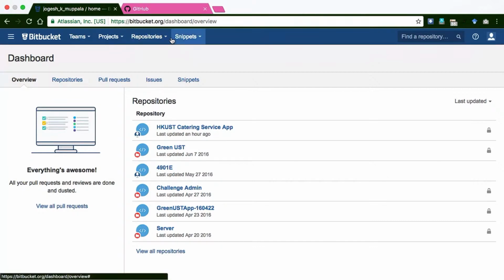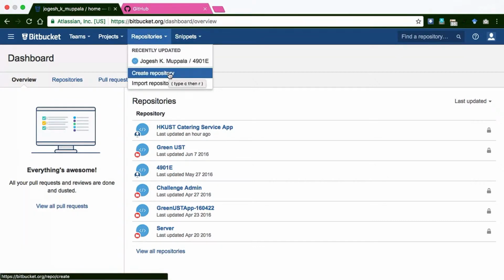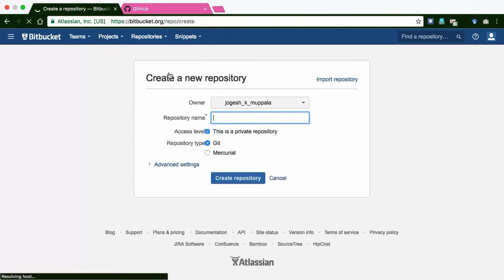I'm going to create a new repository online on my Bitbucket. So I just click on create repository, and this comes up with some details. Now this varies with the repository service provider. Here I will specify the name of the repository as Git test, and then I'm going to mark this